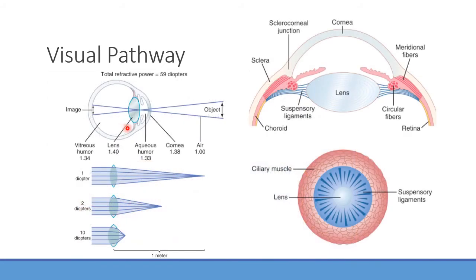Looking at the visual pathway, you can again see your object here. Notice that the image is typically going to be flipped, right, when you see that. But the brain, fortunately, is smart enough to go ahead and pick it up and flip it back around again for us. That's how we can see things right side up.